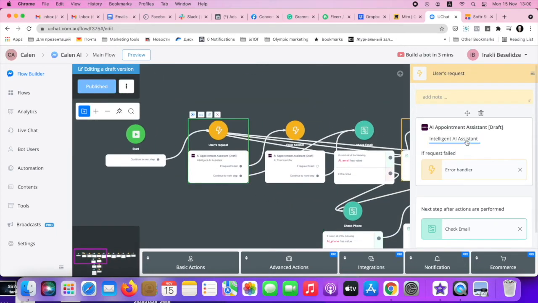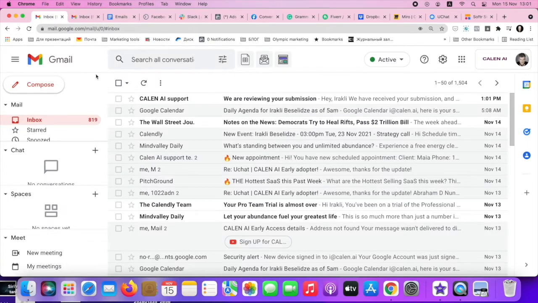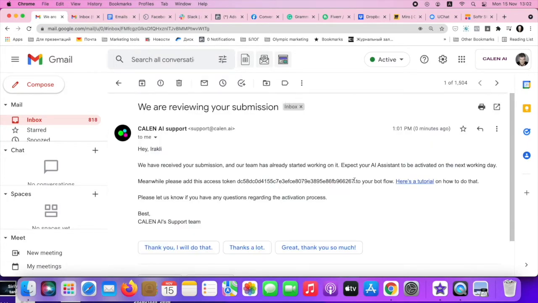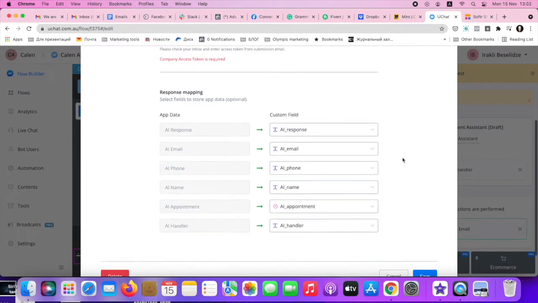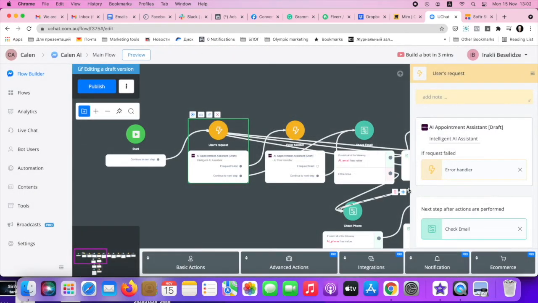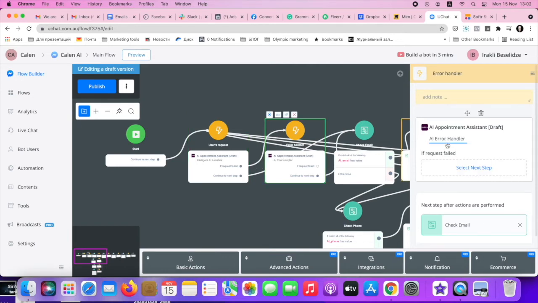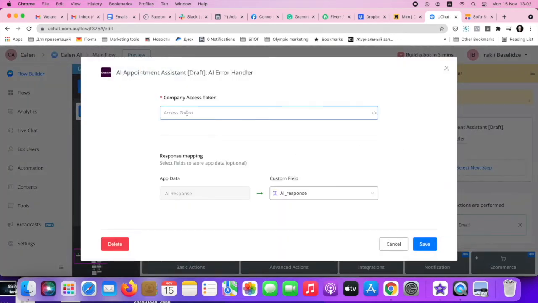For that, you have to open the first step in the flow and add access token there. Access token, we have sent it to you via email. Check your email inbox and copy access token from there and put it right inside CALEN AI and press save. Then go to the next step in the flow where we see the Mini App and add access token there